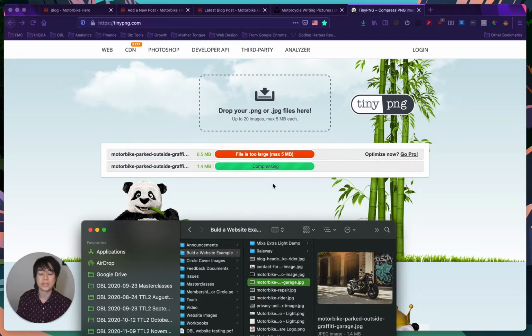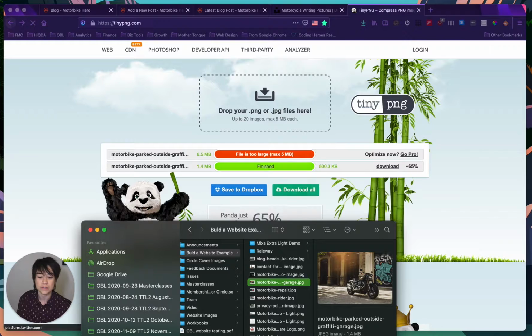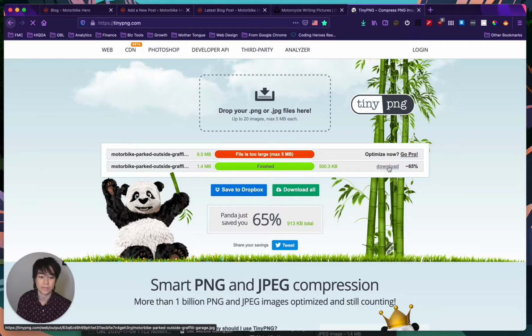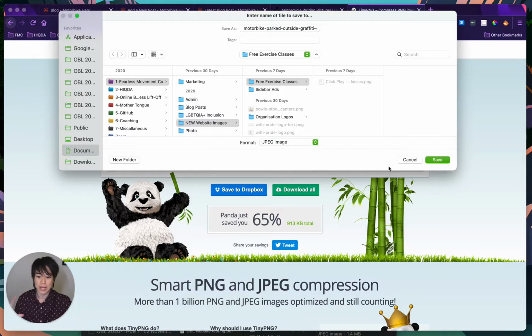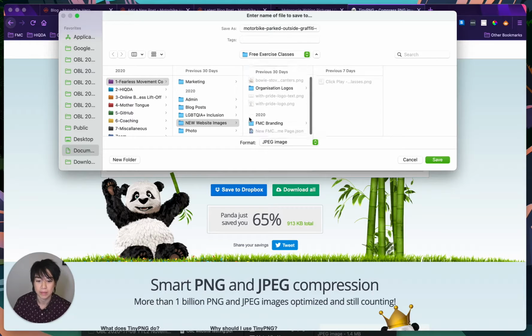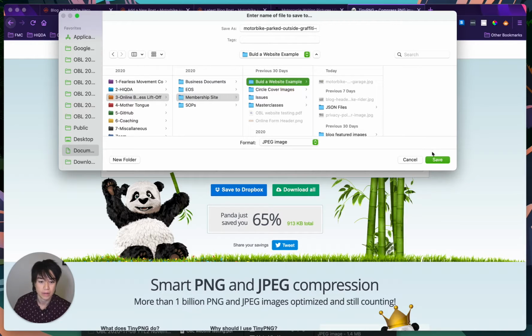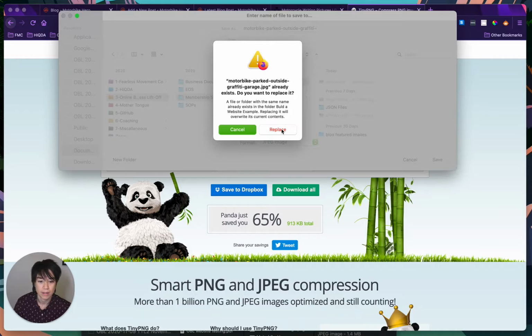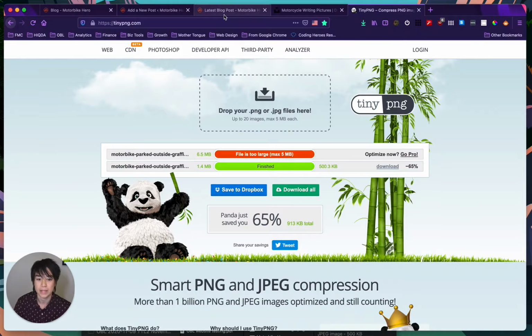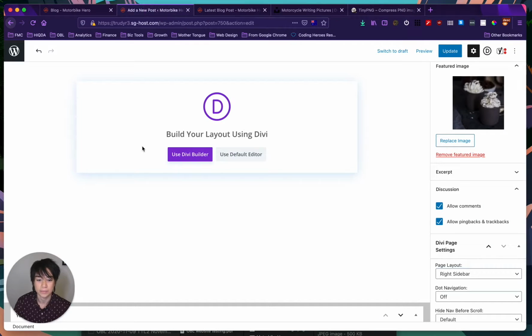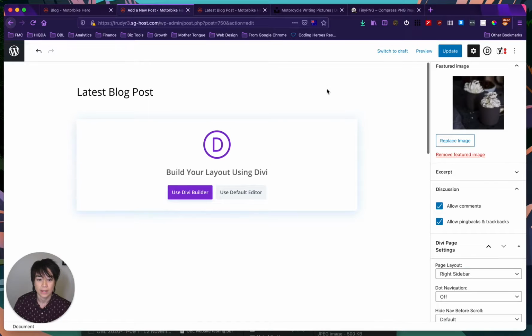So what I did was I just used the preview that came with my Mac computer. It's called Preview. I used it to just change the size, the actual size of it. It wasn't compressing it, so that would get it underneath the 5 megabytes. All right, here we go. Save it in the right place. And yes, I want to replace. Okay, great. Now that we've done that,